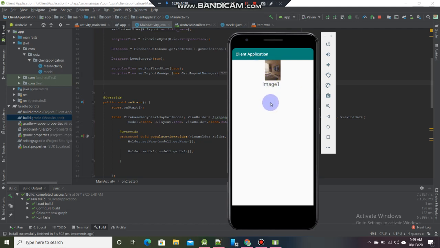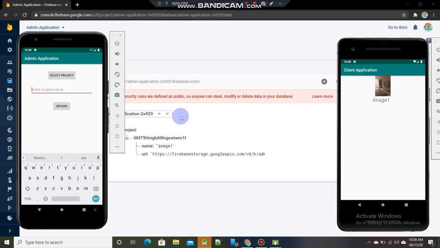So now I will explain you all the process of how the data goes from the admin application into the client application.